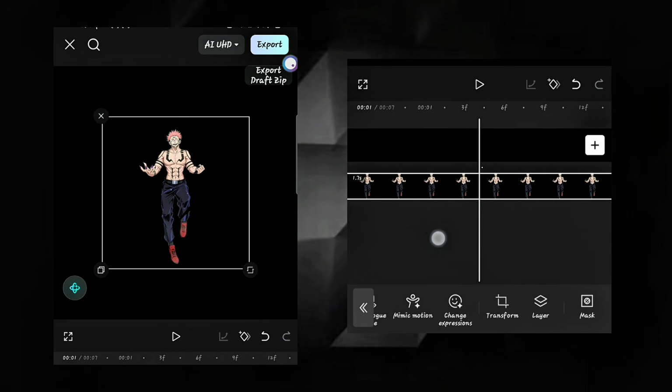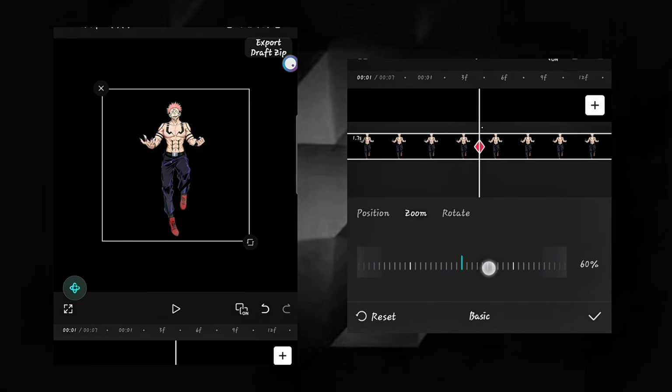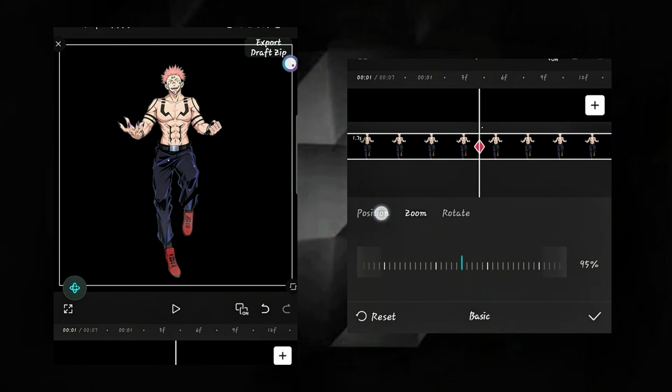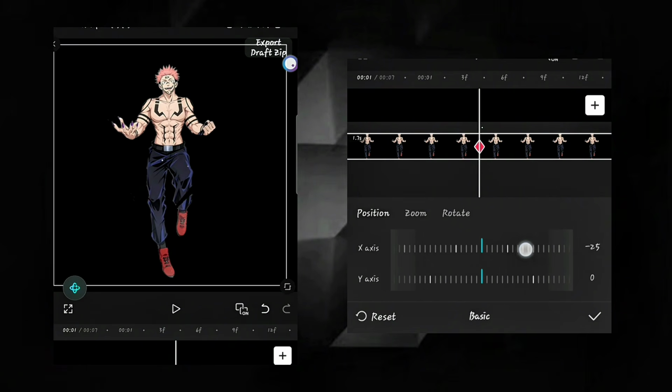On the third beat, add a keyframe, increase the zoom, and set position X to 50.